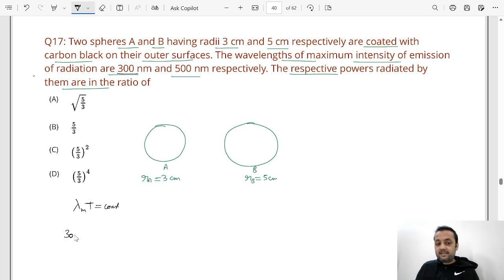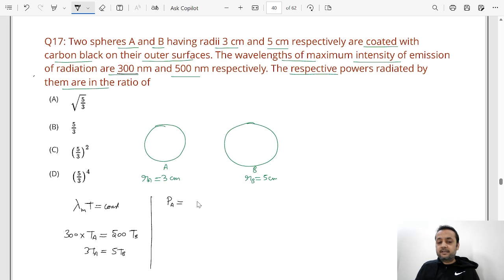So lambda m will be 300 nanometer multiplied by temperature of A. That should be equal to lambda m for sphere B, which is 500 nanometer into temperature of B. So from here we can see that 3 times temperature of A is equal to 5 times temperature of B. All right, now look, if we have to find the power radiated by A, so using Stefan's law,